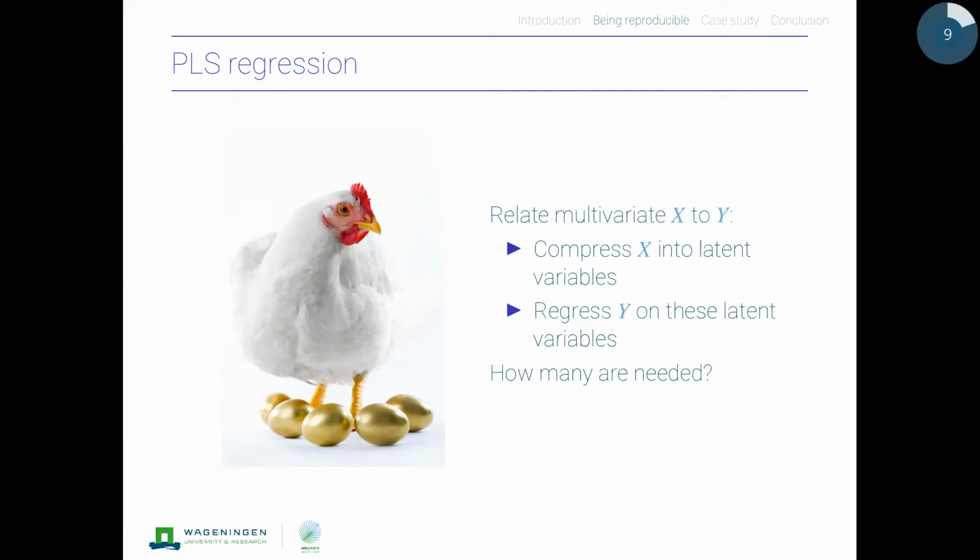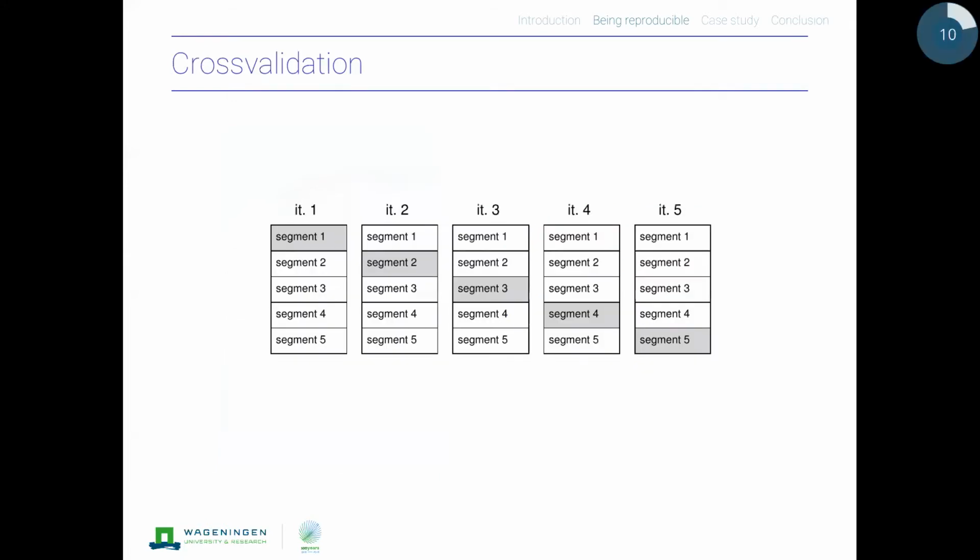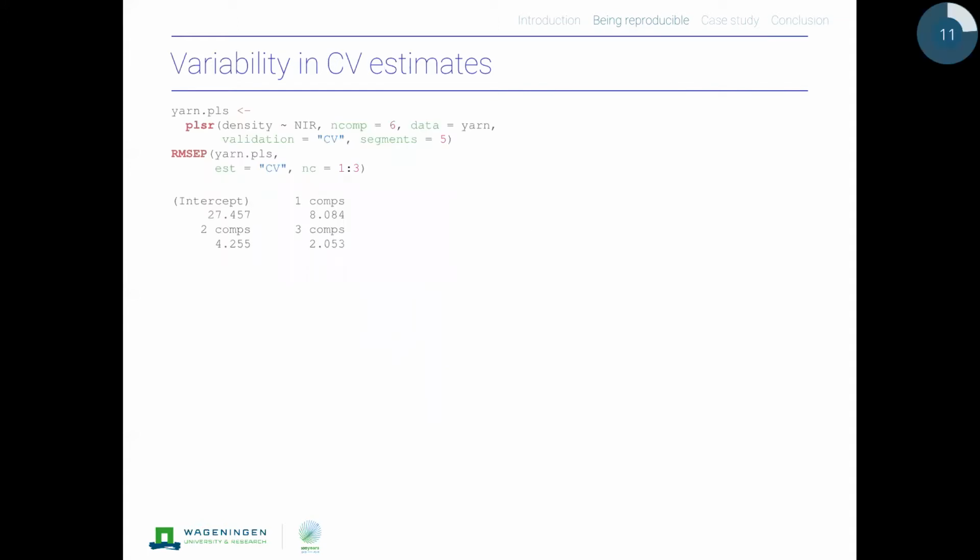Okay, I don't have to tell you what PLS is. So basically, you relate a multivariate X to Y, where Y may also be multivariate. And the key question very often is that you have to decide on the number of latent variables in your PLS model. And that is usually done by cross-validation. Again, it's mentioned so often today that I feel I can skip this slide without any further explanation.